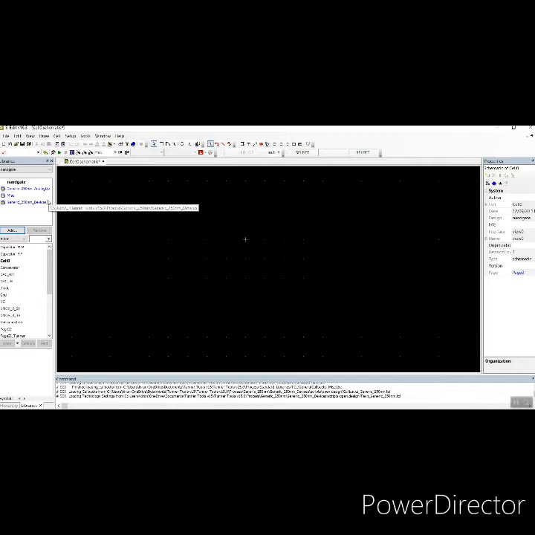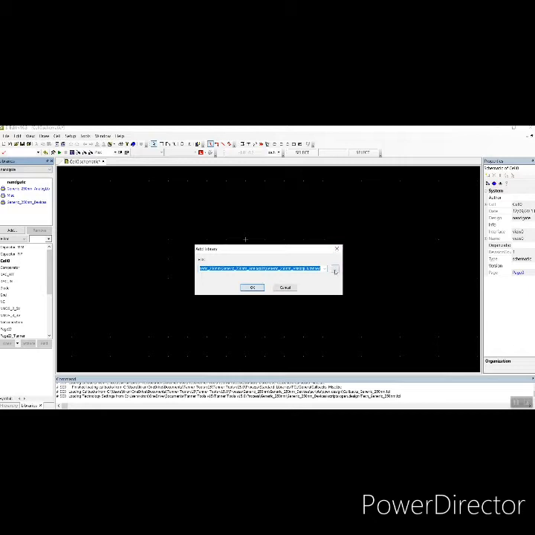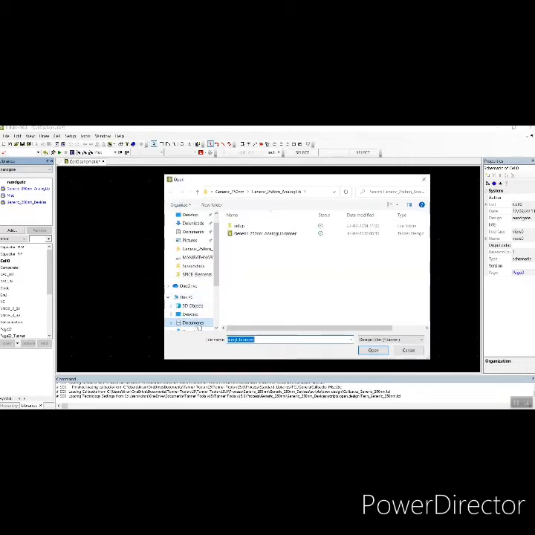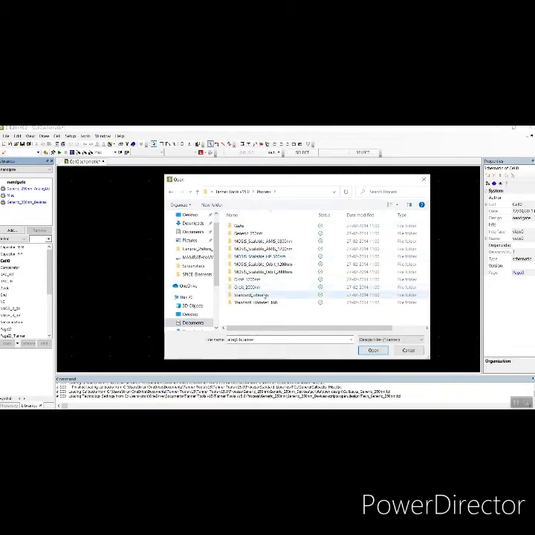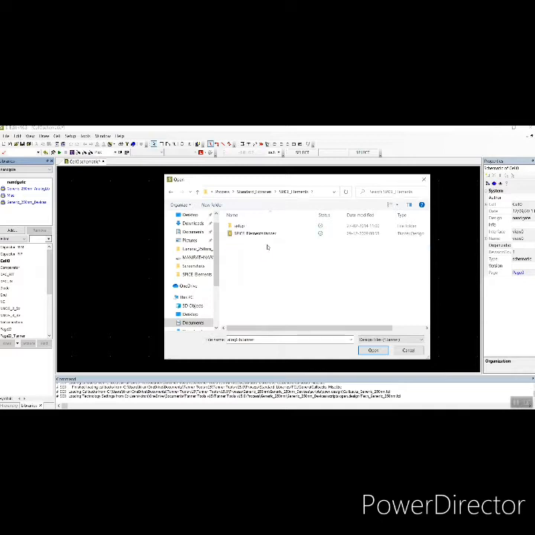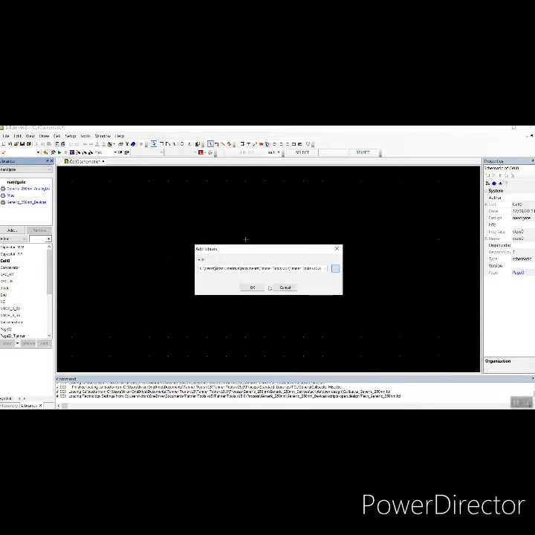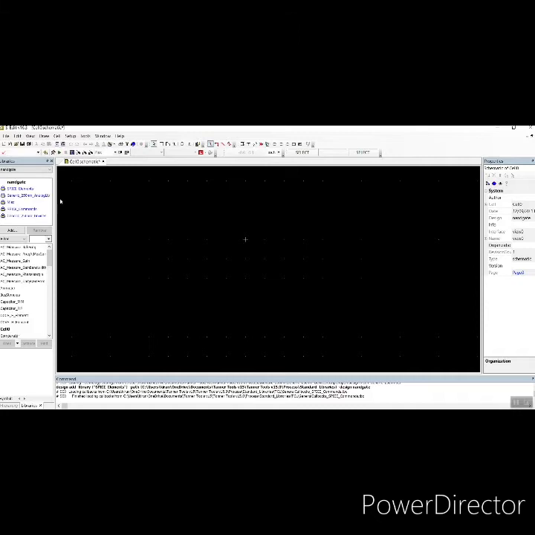Then we need to include spice commands and elements from the library section. Tanner Tools, again the same procedure, process. Then we have to select standard libraries. Then we need to insert spice elements and click OK. So spice commands and spice elements are included. So now we are ready to start our design.